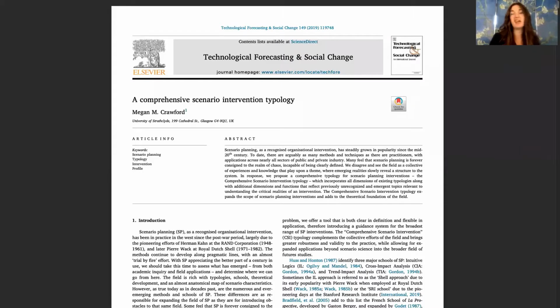So I first had the idea for this typology when I had basically some free time over the Christmas break. I was struggling a bit to work on the final edits of my thesis, and I did pretty much what every researcher does. I picked up another project instead of just finishing the project I was on.